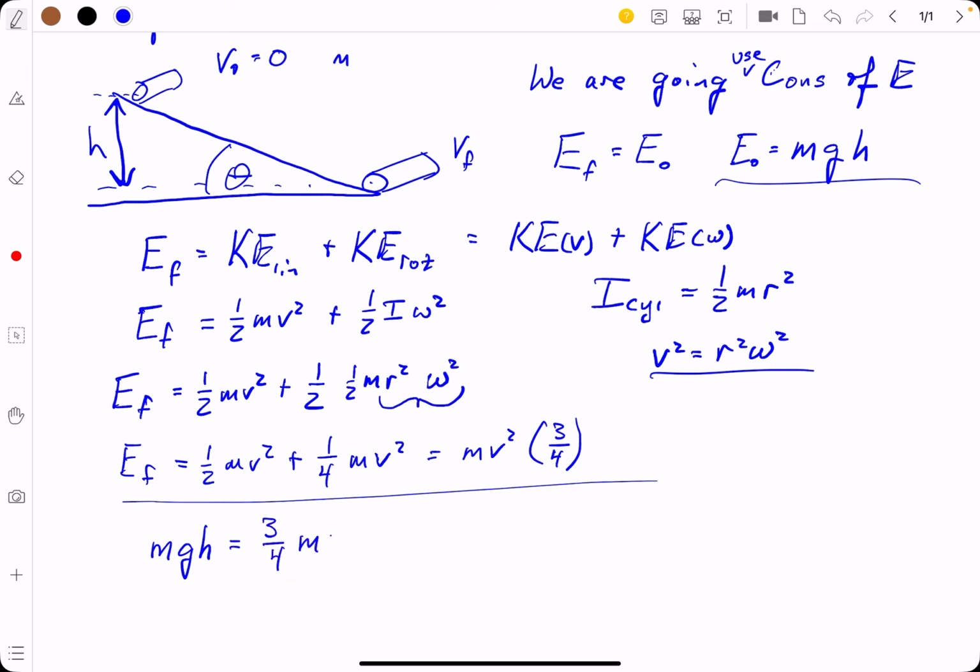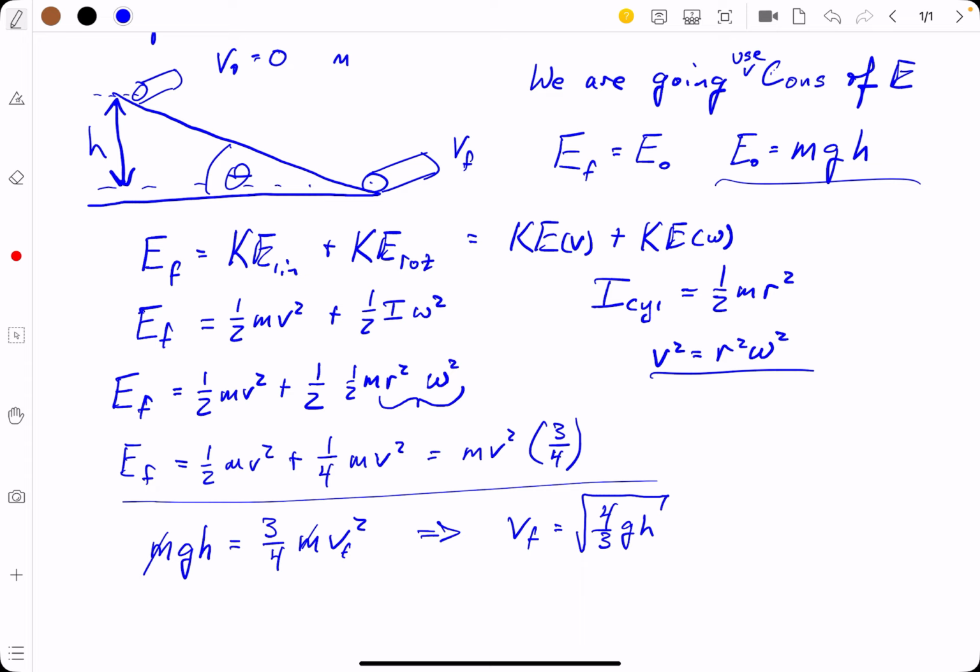3/4 mv squared. All right, and we're looking for v. So we want v, our final velocity. Let's put a little f down there. Nice, this cancels with this. We've got v final is equal to 4/3 gh, and we're going to take the square root of all that. Great. I think that does it